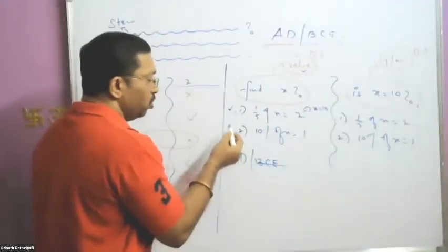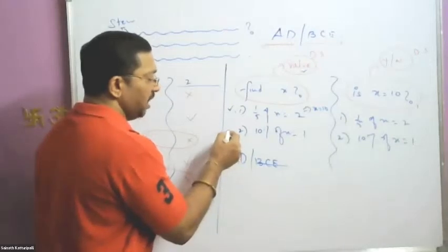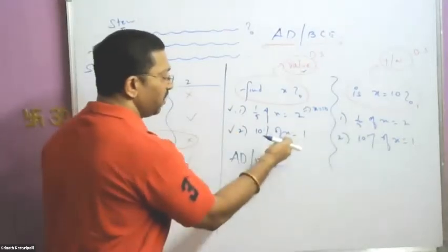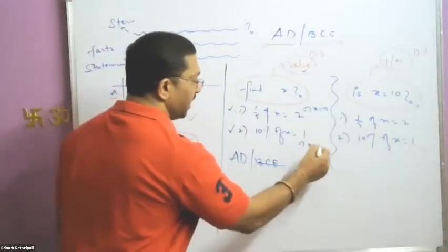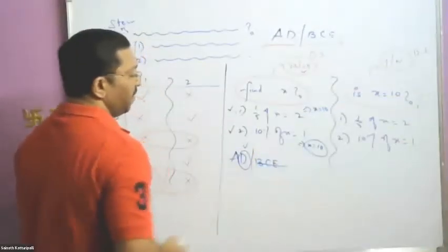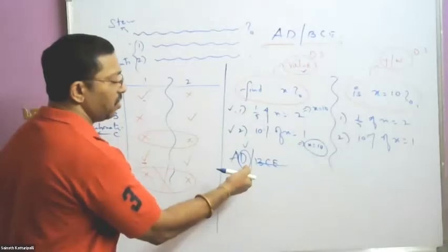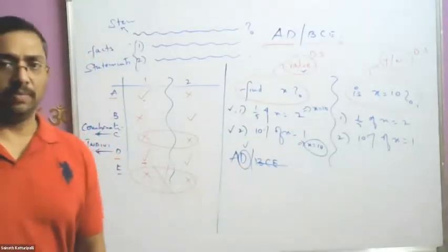Next. So D is also the same. The second option is also x is 10. When you move on to statement 2, you can consider statement 2 alone, and even when you consider it alone, the statement 2 information is sufficient for deriving a value for x, and here it is 10. So you have an answer, and you directly choose D. You first decide whether D is an answer or not, and after that you go with the leftover options. So D is turning out to be the answer.